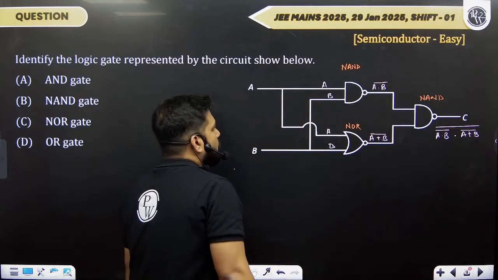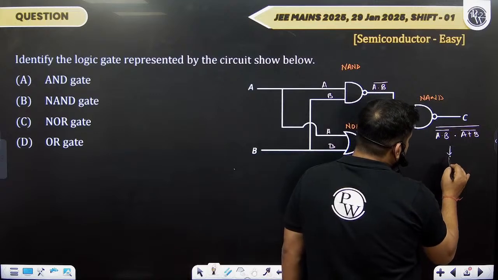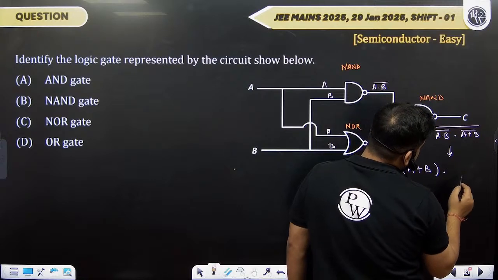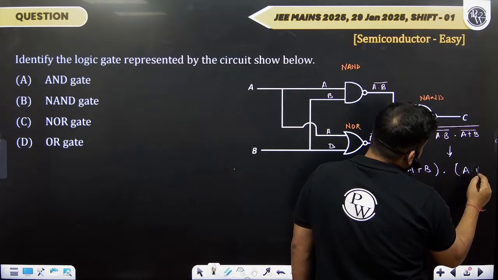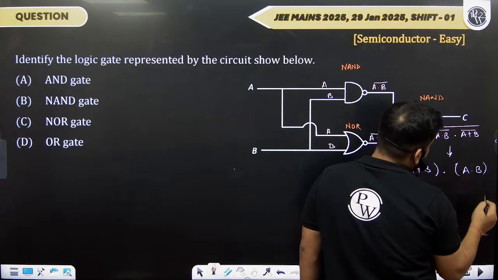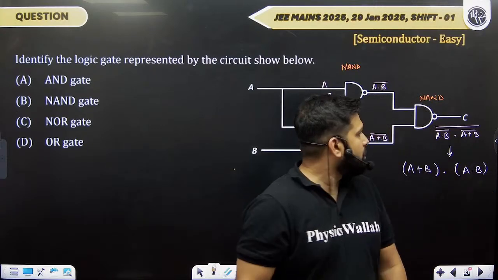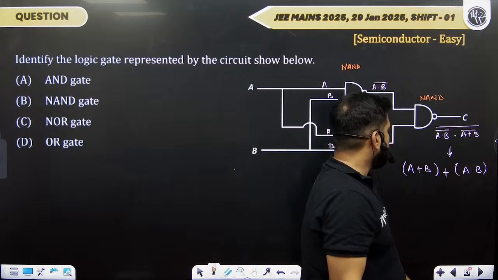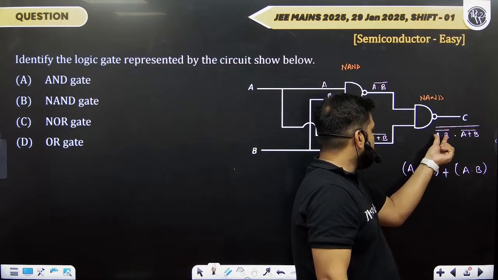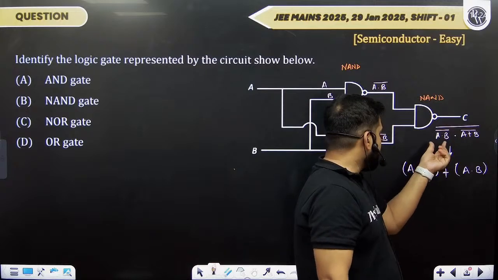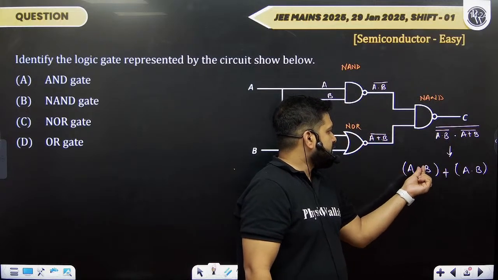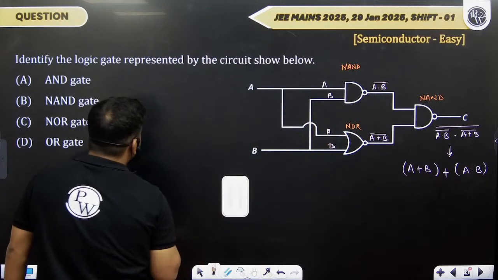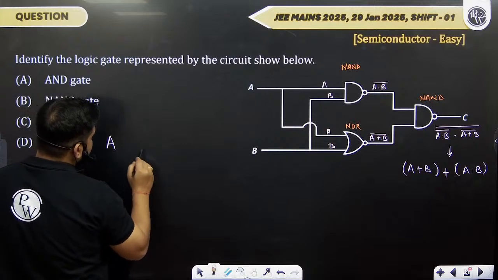Okay. What this is going to give you as a result of Boolean expression, we can write this as A plus B times A into B. This is what we get. Okay. A plus B. Break the line, change the sign. So there will be a plus over here. Break the line. See, this will be complement of a complement will be A into B, and when we are breaking the line, then we can just change the sign of plus to multiplication and multiplication to plus. Good.